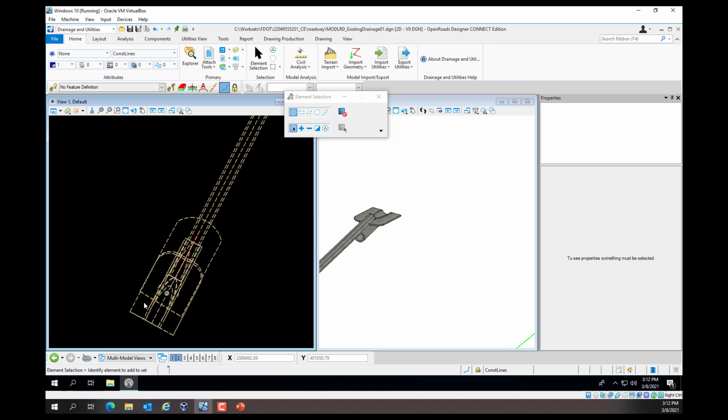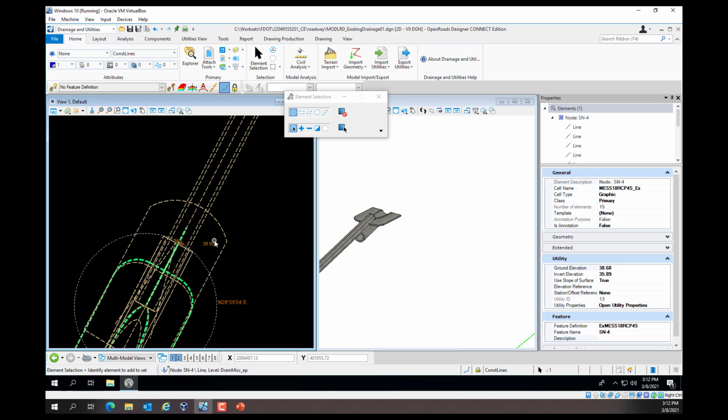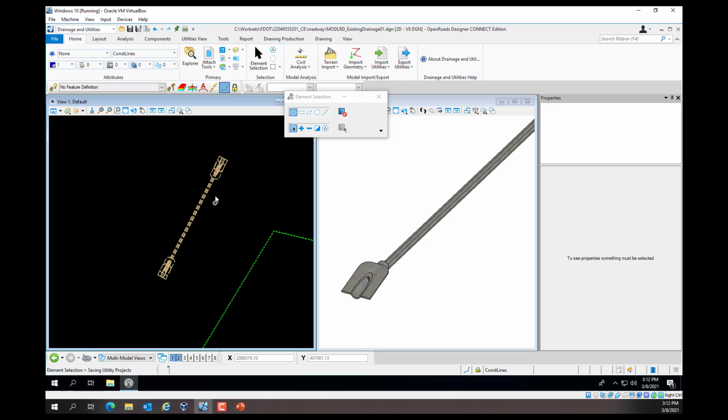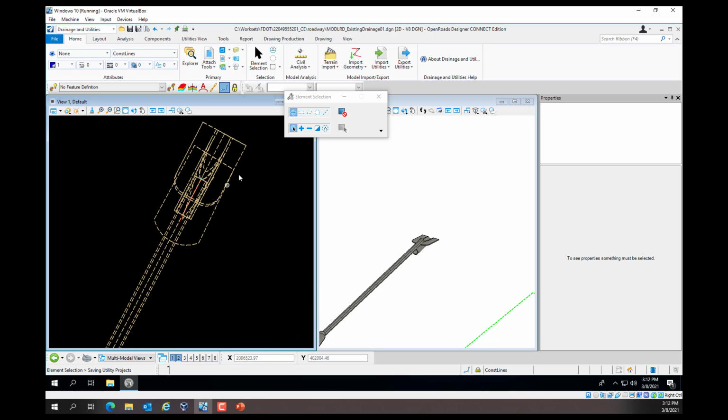To set that invert elevation, we'll select our node. We can know we selected the node because we'll have the rotation. We can then select this elevation oriented correctly to this drainage structure. If we click on this, we'll see that brings up the invert elevation. So we'll do the same thing on the north.